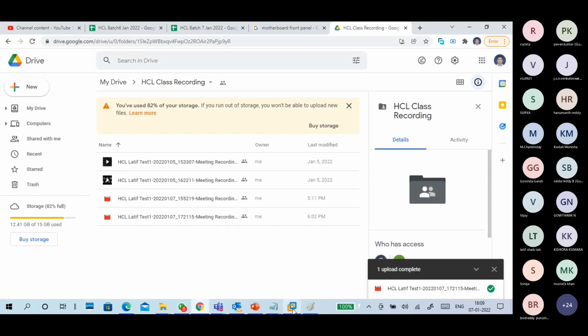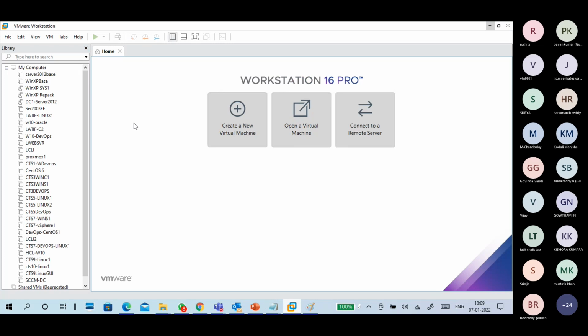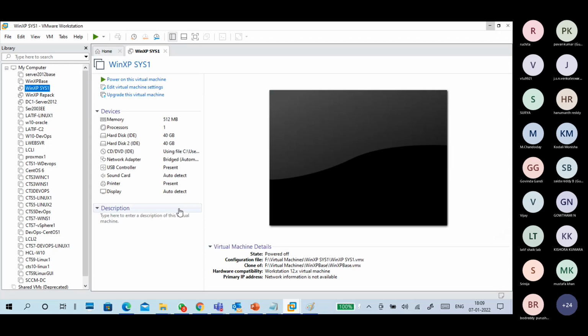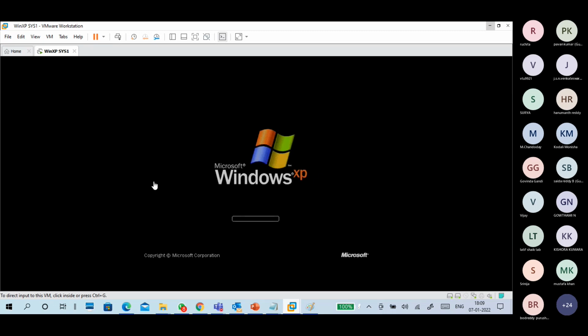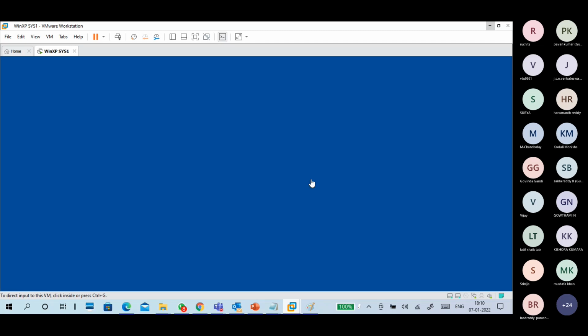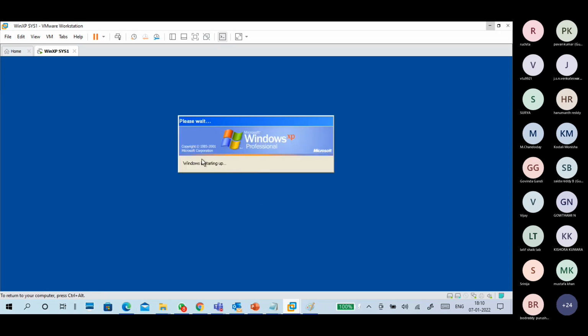For example, I have VMware like this, which is the easiest one. I'll go to my Windows XP. Maybe we'll feel wonderful after viewing this one. We'll see. Okay, so I press the power button and power on the machine. Now it is showing some logo and it is doing some work in the background. Windows XP boots faster than Windows 10 or any other operating system. Okay, so it is starting up, Windows XP Professional is going on.